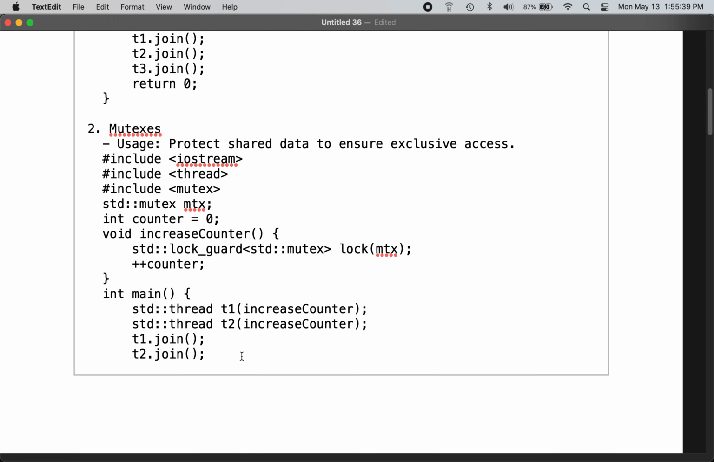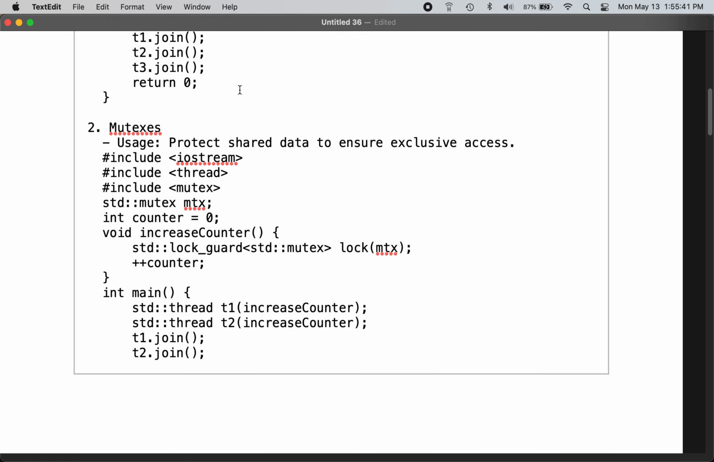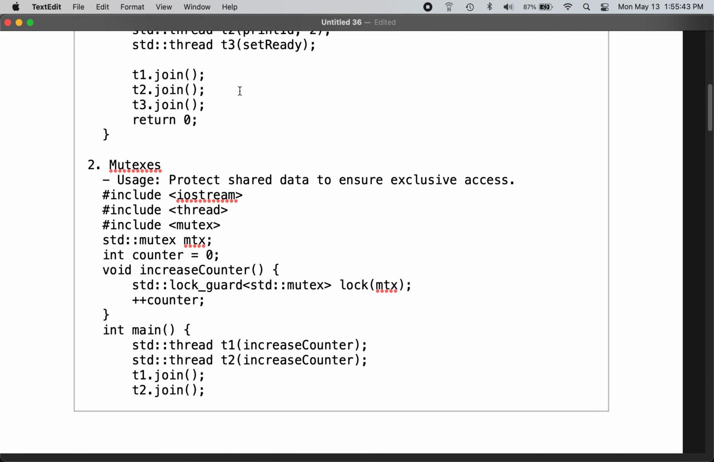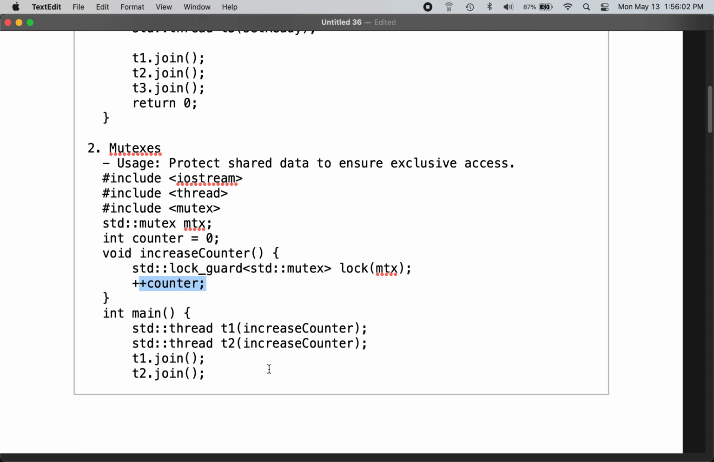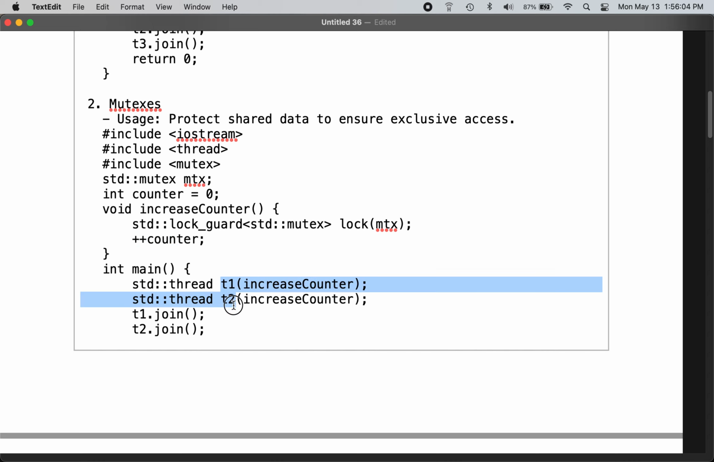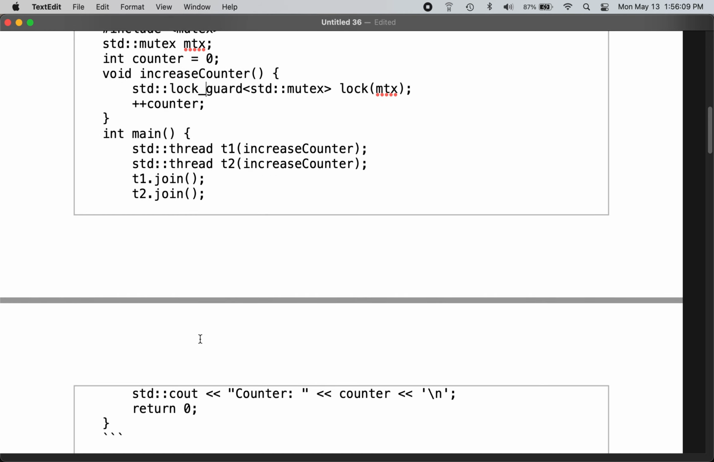Number two is mutex. Mutex you already see in the condition variables, uses the mutex. So here the counter is the shared resource. So you acquire the lock and then increment it,